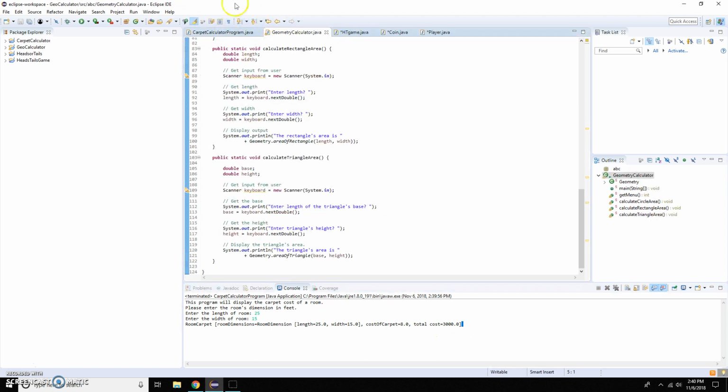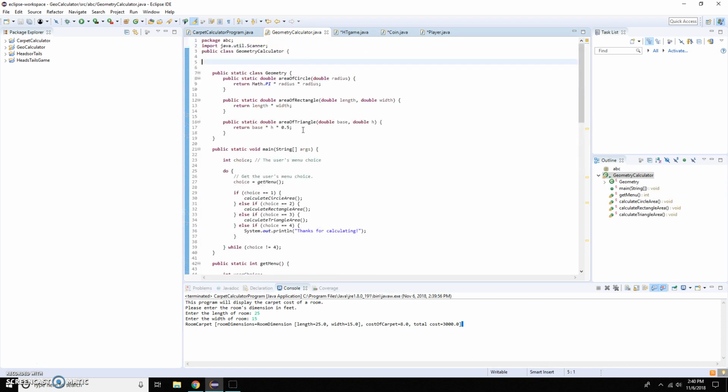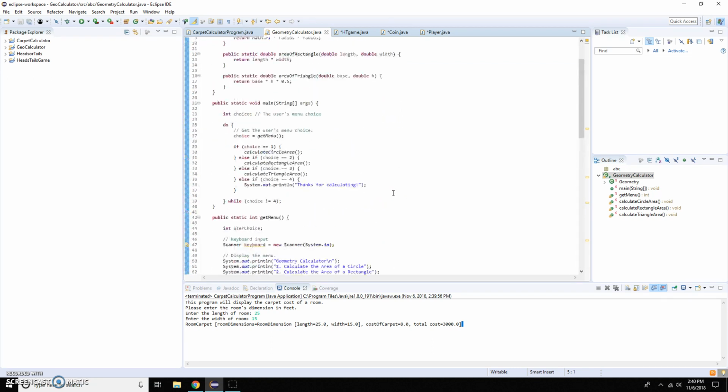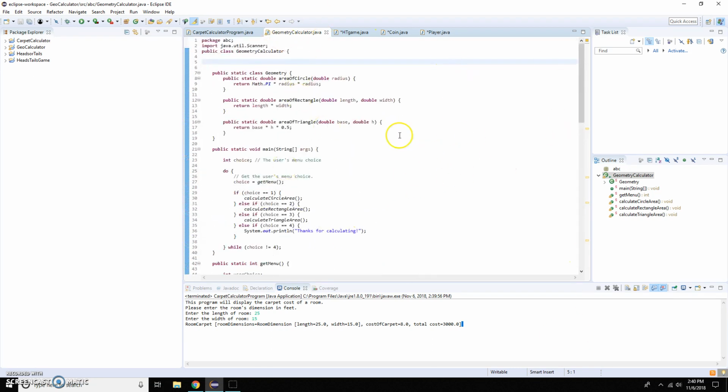Now the next program I started with is the geometry calculator. This asks what kind of shape you would like to take the area of, and then it lets you input the amounts in order to get that calculation. The other option was to press 4 at the main menu, which will go ahead and quit the program for you. So to start off, we created our public,